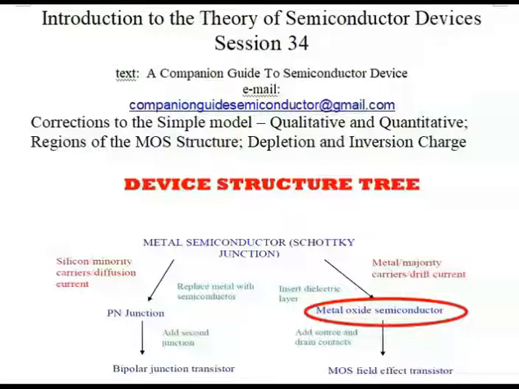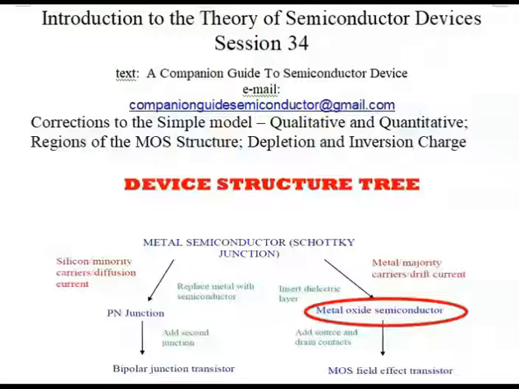In this session, we're going to start Chapter 18, which is, I believe, called Corrections to the Simple Model. We'll be looking at both the qualitative and the quantitative aspects. The quantitative is going to involve a little bit of mathematics, but we'll deal with it and we'll get through with it. The qualitative is going to be, for the most part, a review of what we've done in the